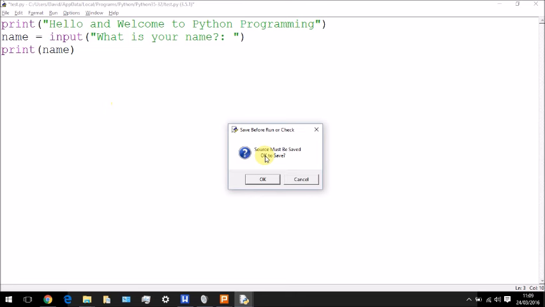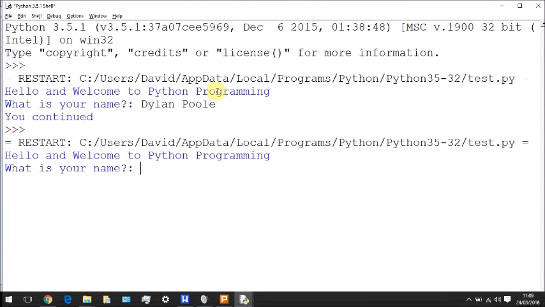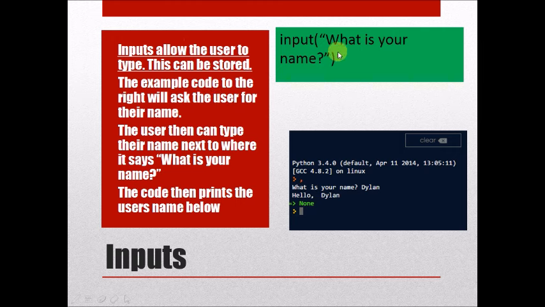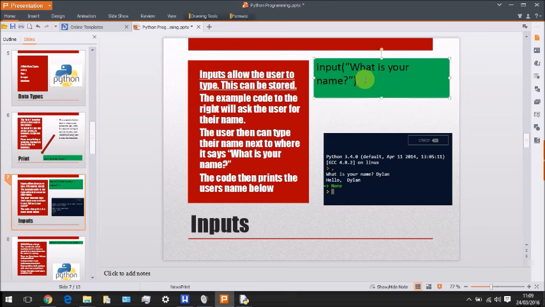If I run this now, what is your name? Dylan. Cool. We can just print that below. So, as I haven't filled it all in there, but let's just do that now. So if I said input what is your name, and then you type in the name after that, but then you'd need to store it as a variable, so it'd be name equals, and then below you'd print